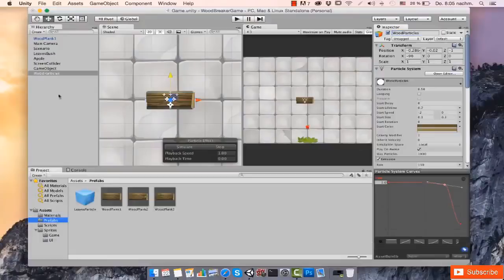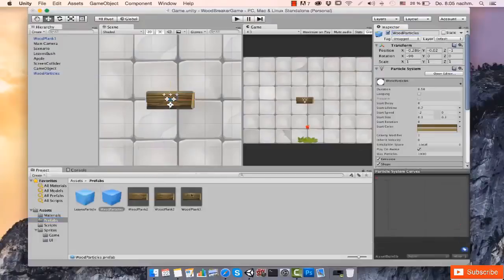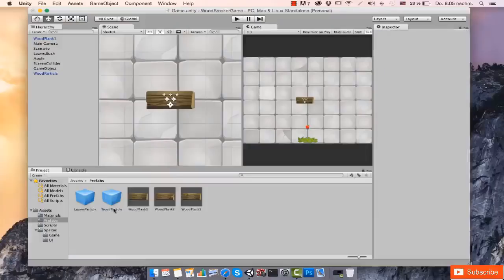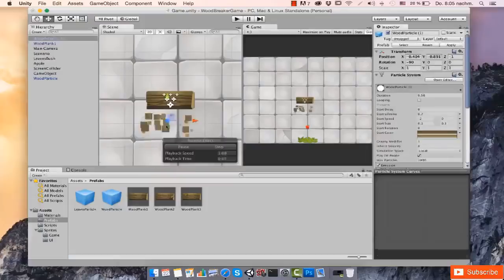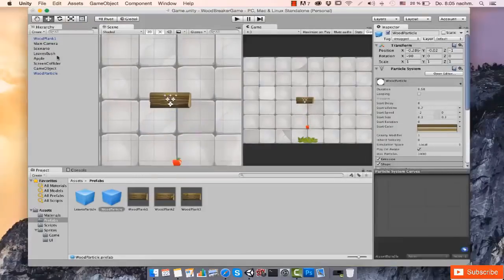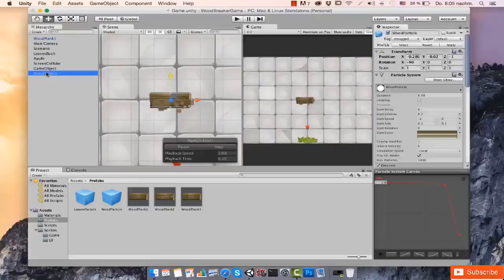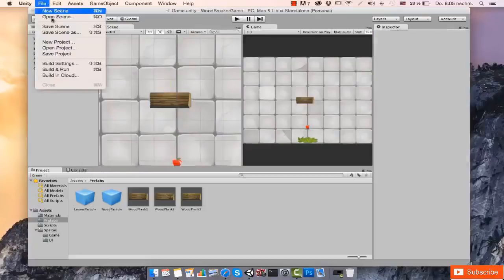Go under my prefabs folder, drag it here, and this is now created. I'm just going to rename it to wood particle because we have a pattern here: this is leaves particle, and this should be wood particle. Okay, let's see if it's working. I'm going to drag it here. It works. So I'm going to select my particle here, hit apply just in case as well, delete this, and save my scene,